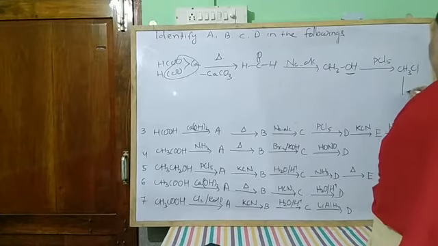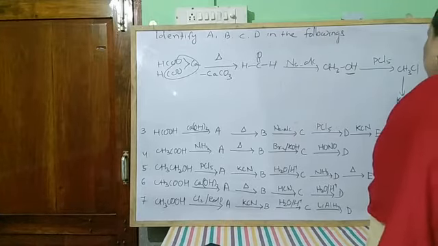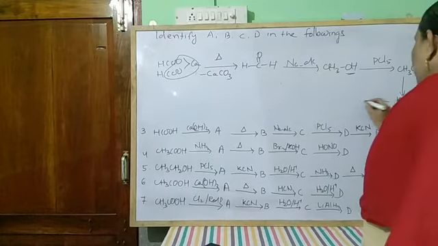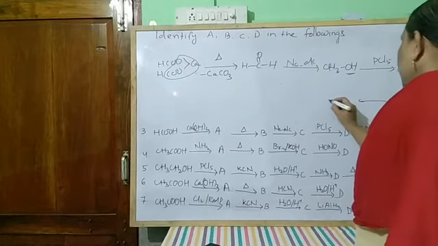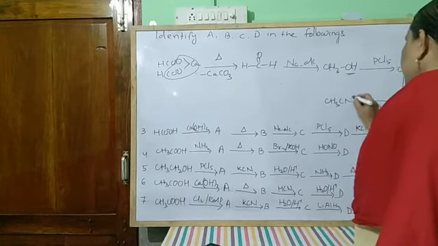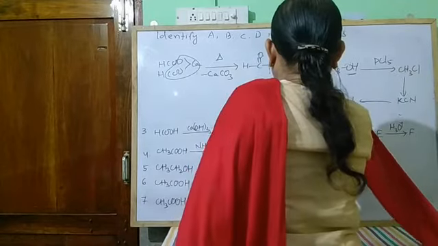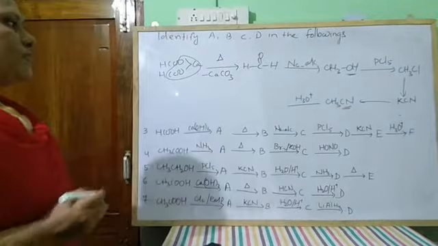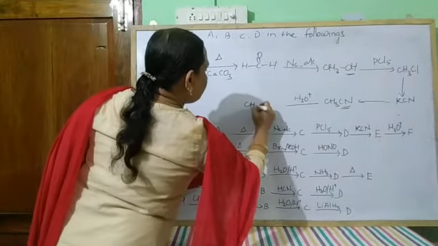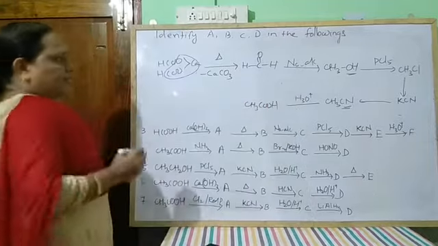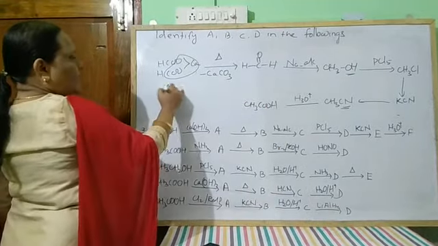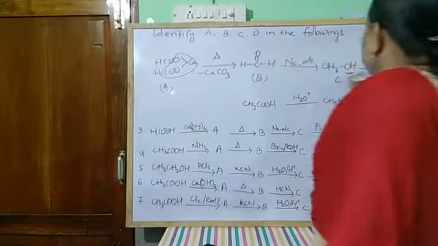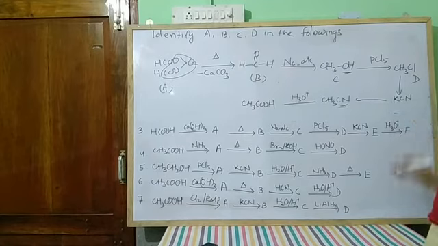And CH3Cl when treated with potassium cyanide, again the Cl is replaced by the cyanide group. This is a nucleophilic substitution reaction. So it gives you CH3CN. And when the CH3CN undergoes acidic hydrolysis, again the CN group is converted to a carboxylic acid group. So it gives you acetic acid. So A is calcium formate, B is formaldehyde, C is methyl alcohol, D is methyl chloride,